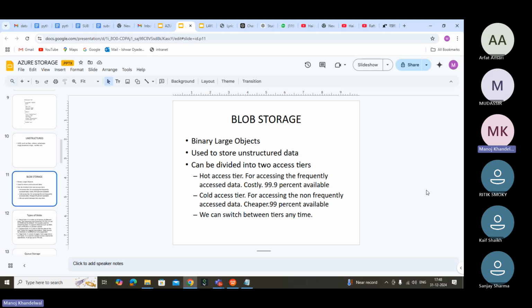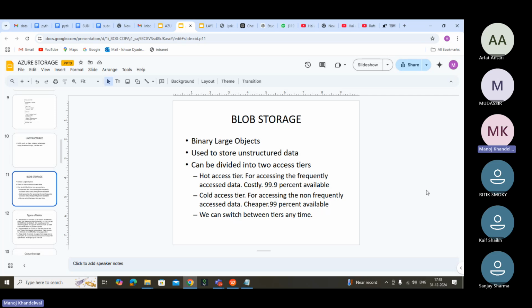You can divide it into two access tiers, hot access tier and cold access tier. In the hot access tier, you will store all the data which is frequently accessed. In the cold access tier, you put data that is not frequently accessed. So whatever we want at present we can keep in hot, and cold means older, previous data.